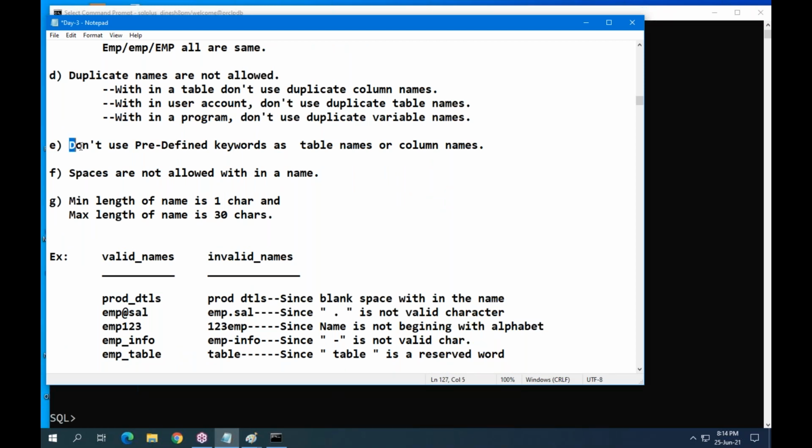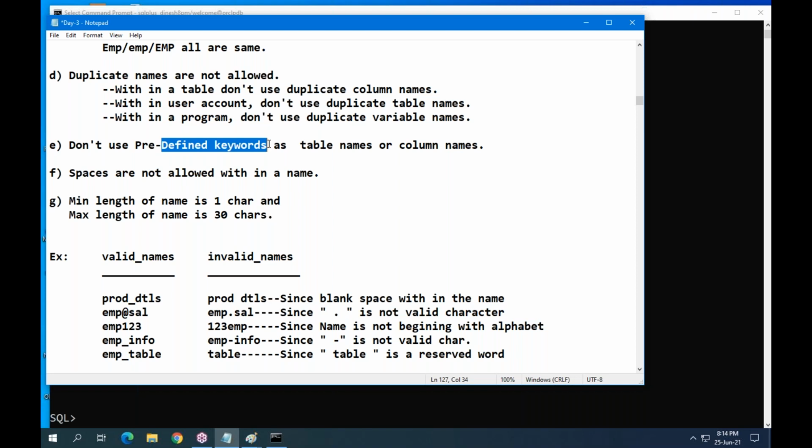Next, don't use predefined keywords as a table name or column name. What is a predefined keyword? Table is a predefined keyword. Create is a predefined command. Select is a predefined command.